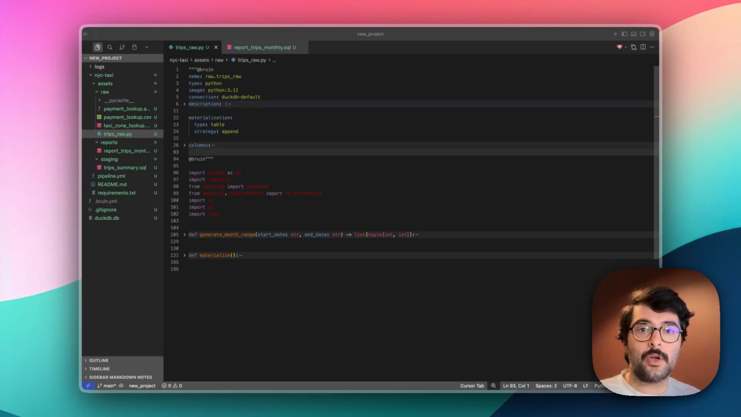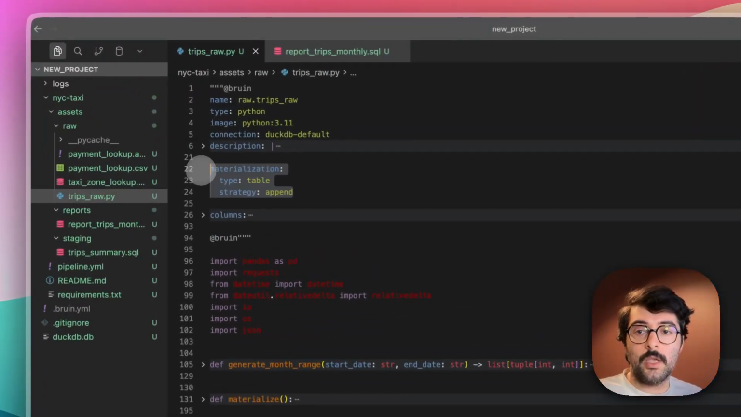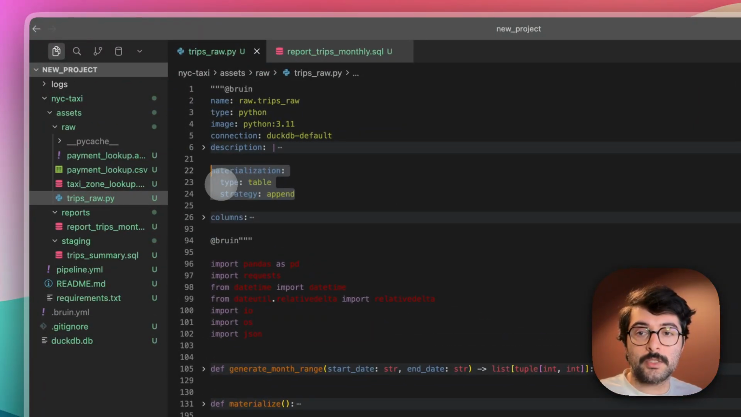In this one I want to talk about materialization and how that impacts your code and how it changes the code that is actually compiled and executed during runtime. So if we start off with a Python example, in this example I've chosen to use the built-in Bruin Python materialization. In here I've defined the materialization type as a table, and I have chosen the